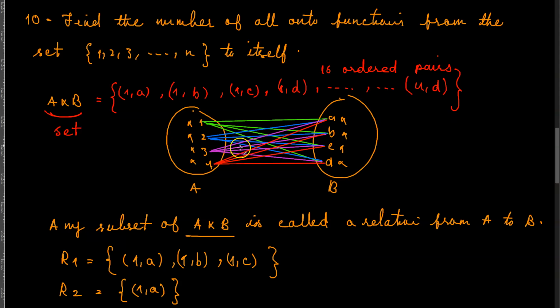So what that is, you can see that there is all kinds of mapping from, for example, 1 to A, 1 to B, 1 to C, 1 to D, and 2 to A, 2 to B, 2 to C, and 2 to D, and so on and so forth, all the way to 4 to D over here. Now, you can pick a subset of this set of elements and then call it a relation. Now, in order for any of these relations to be a function,